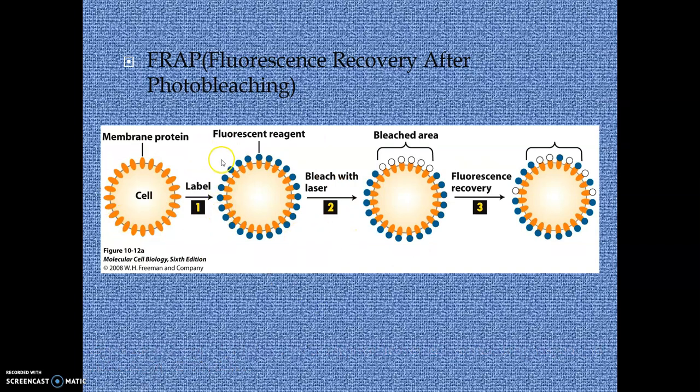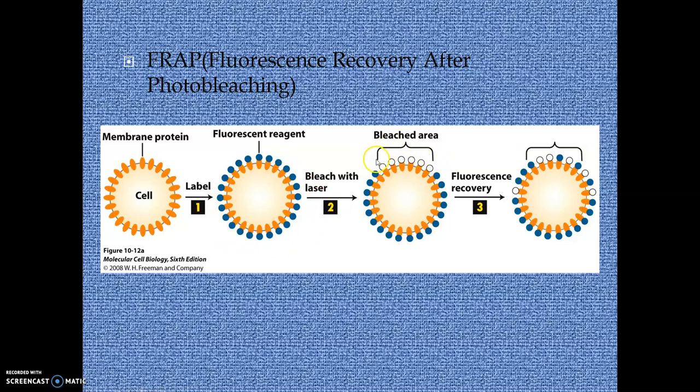So this is another experiment, FRAP, fluorescence recovery after photobleaching. It substantiates that the membrane lipids and membrane proteins are always dynamic, they are not stable. So how this experiment was done: the membrane proteins, here we can see the yellow colored membrane proteins, were fluorescently labeled with a fluorescent dye. This blue color is the dye, and every membrane protein was labeled uniformly. Then